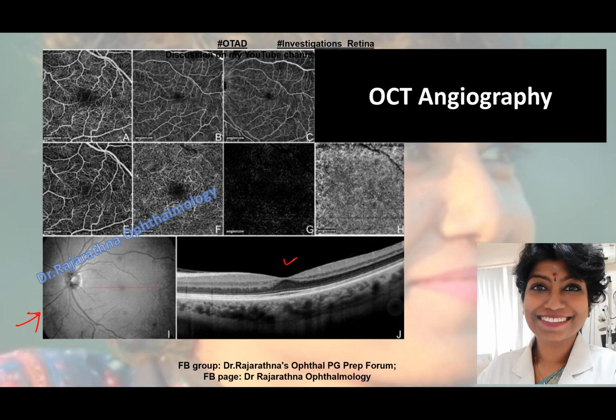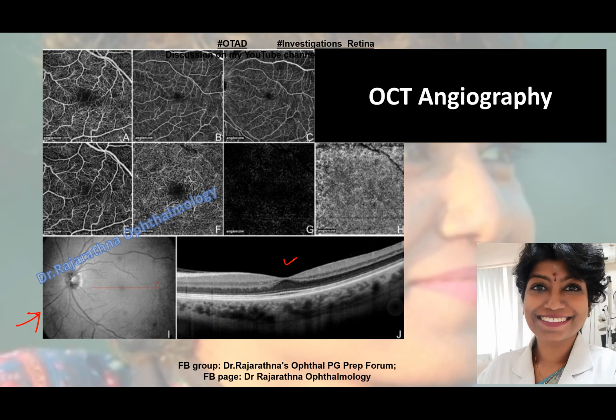Now what is this G? G represents the outer 1/3 of the retina, which is avascular. Why? Because it is being supplied by the choriocapillaries. So H represents the choriocapillary. So you're able to see the various layers of the retina. Okay, various layers of the retina. So in fact, you can see the capillaries to their minute details. So this is obviously a better answer compared to autofluorescence.